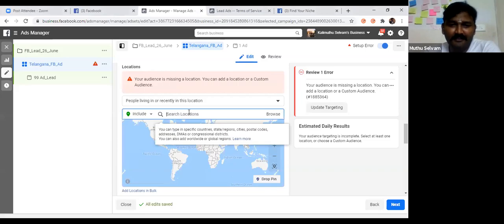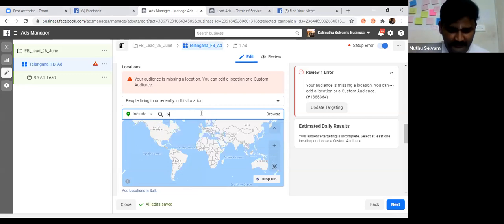In this, for example, I am going to run the advertisement only for Telangana. Telangana I can run in Hyderabad. For example, your product, anything, sir. I have a physical product storeroom. I don't want to run the whole of Telangana state. I want to run it in my area. You can do that. Okay, I'll show you here.